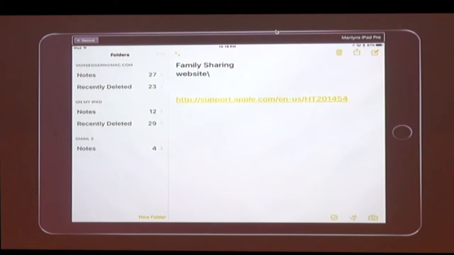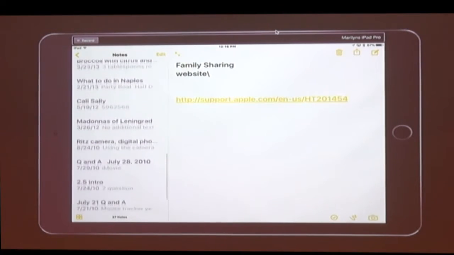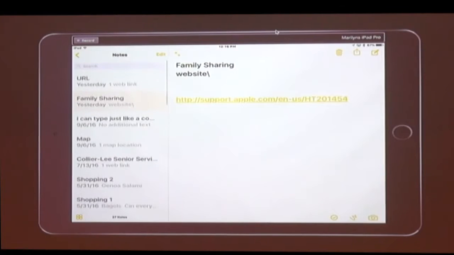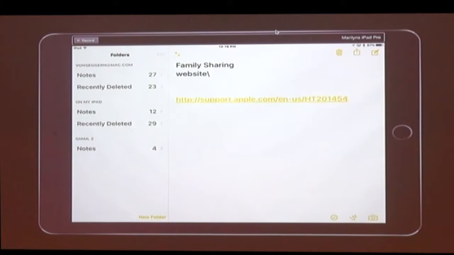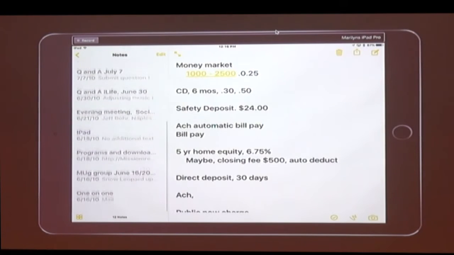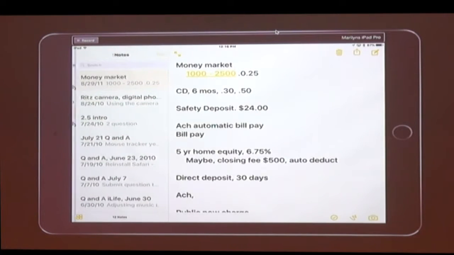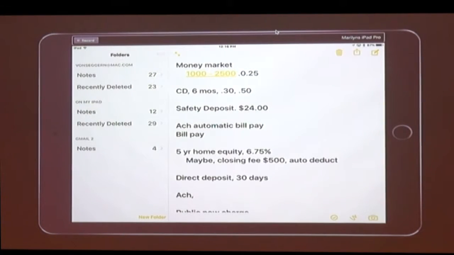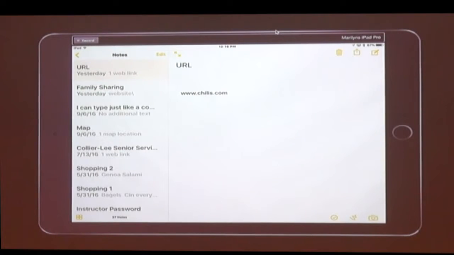Let's see. I think those are all the notes. I was messing around with these notes, trying to get rid of ones that I've had on there for 20 years or whatever. Let's see, I only have 12 there. So those are the notes that are on my iPad. But notes on the cloud,